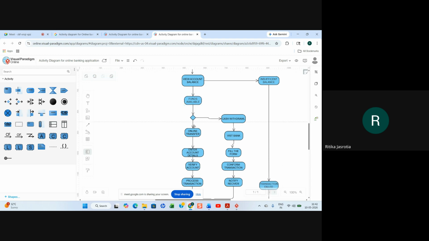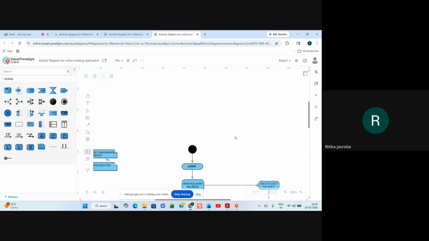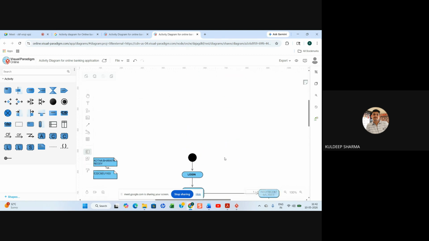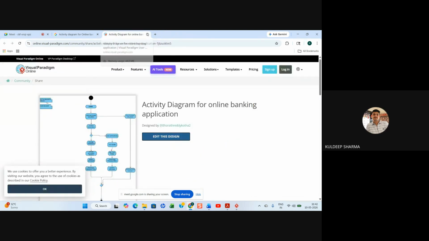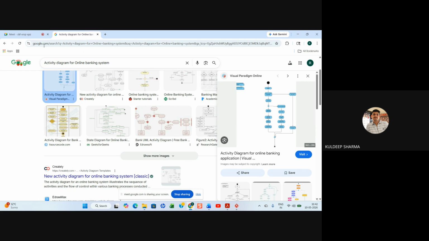Funds available, cash withdrawal, visit bank. So it is not online banking actually. Online transfer, enter amount details. Ma'am, I have one diagram in Excalidraw, ma'am. It is a website where we can make diagrams. So I have an online banking system whole diagram there. You can show it if you want.